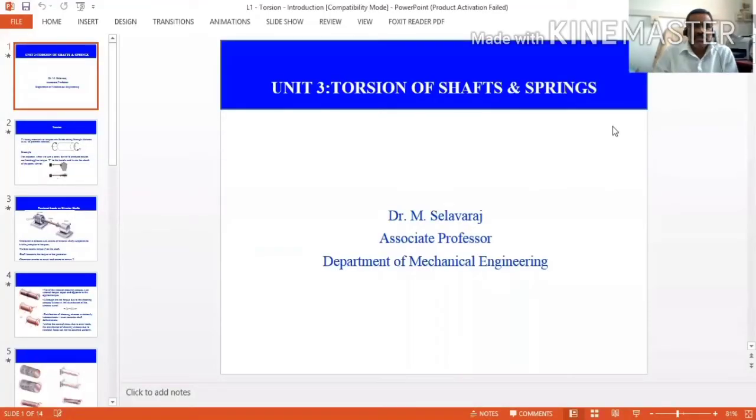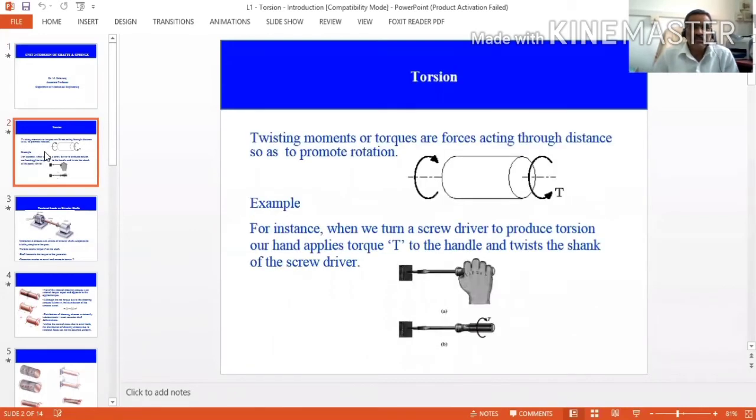Today we are going to discuss torsion. So what is torsion? It is when a body is subjected to twisting. An example of torsion is turning a screw using a screwdriver. We apply torsion. A shaft has one end held, and it is subjected to rotation, twisting. That is torsion. During torsion, shear stress will be developed in the